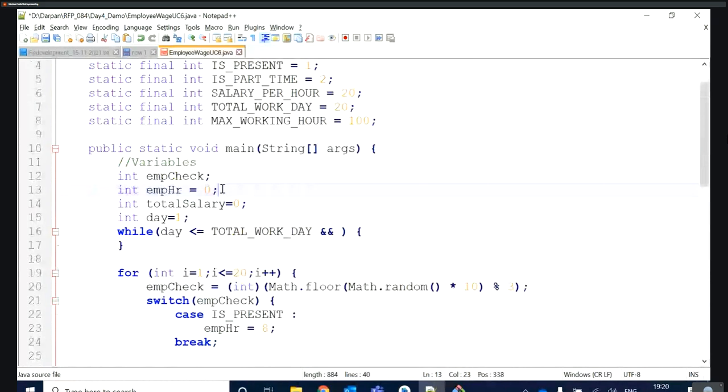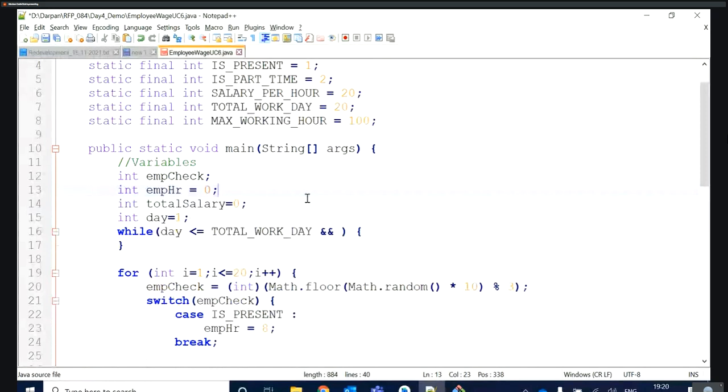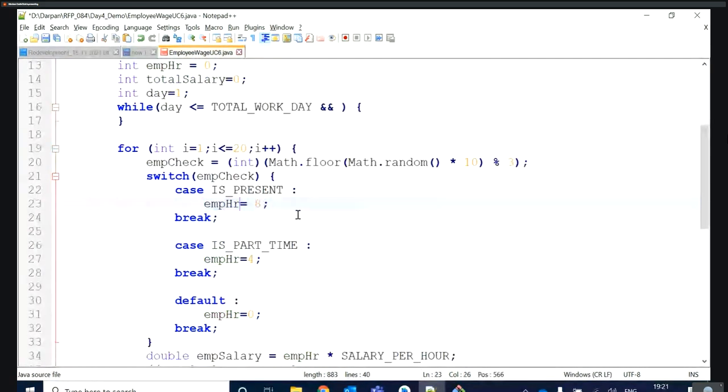So the total working hour we need to add, or let's say into the employee hour only we will execute this. Means we will add whatever working hour there is every time. Plus equal to, here also I will write the plus equal to.